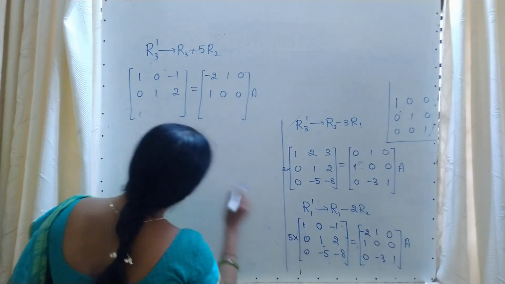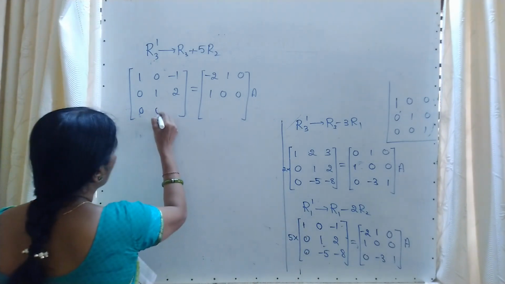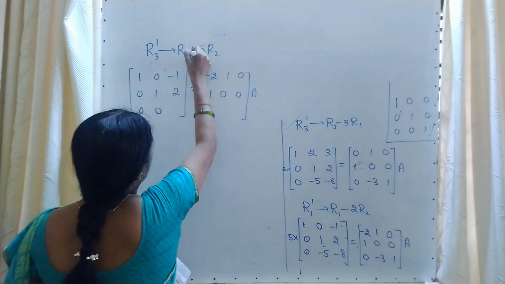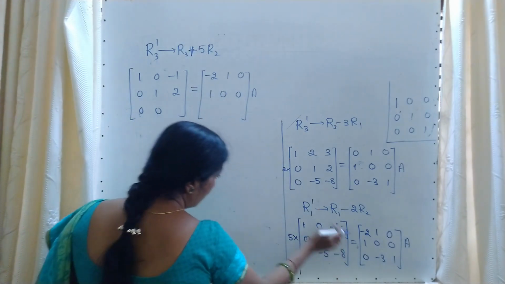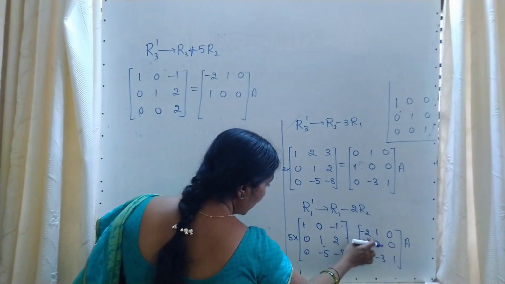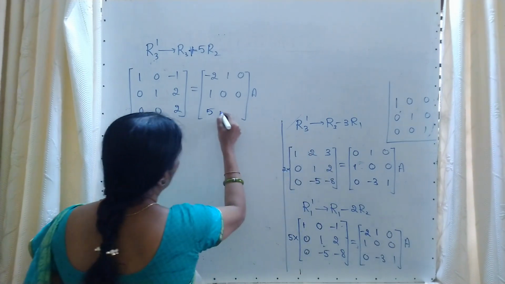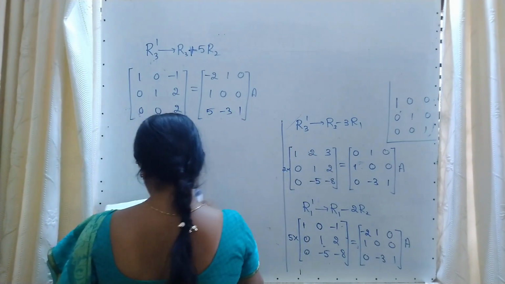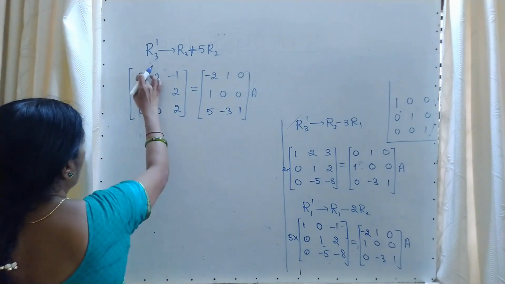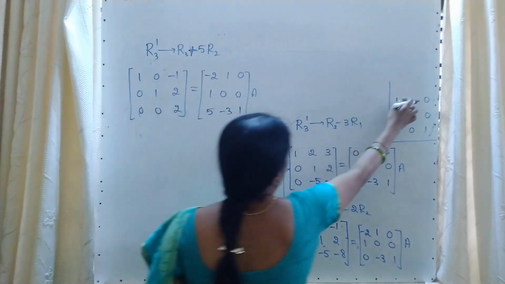So this is 0. Next minus 5 plus 5, 0. Then minus 8. This is, remember, middle we have a plus. Minus 8 plus 10. Then 0 plus 5. Minus 3, 0. The next one is 1. So this is how we converted the first column and the second column. Compare 1 0 0 1 0 0. 0 1 0 0 1 0.